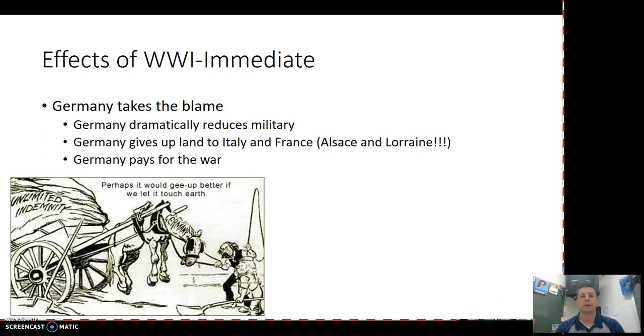And this one is really going to be the economic driver of what happens in Europe. It's going to inadvertently lead to the Great Depression in Europe, because while we study the Great Depression here in the United States, we look at it as a U.S. problem. This is a worldwide depression that actually starts a little bit earlier in Europe. Being forced to pay the war reparations to Great Britain, to France, is really a problem for them.